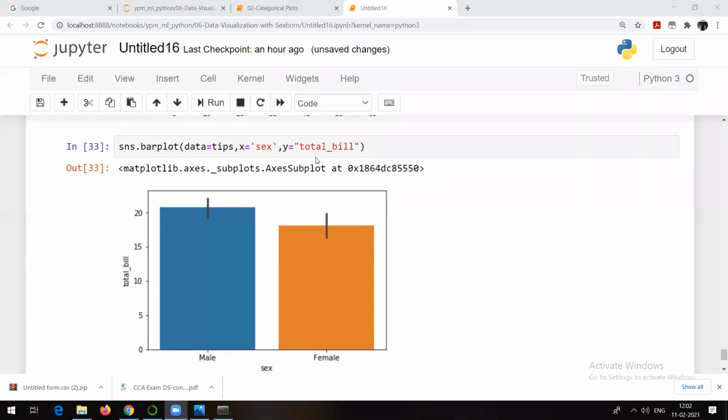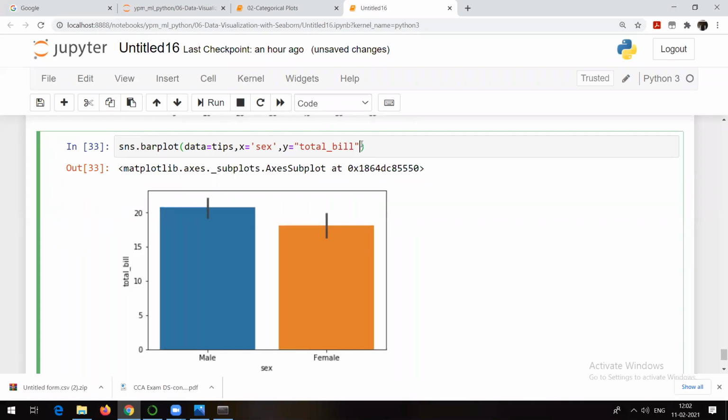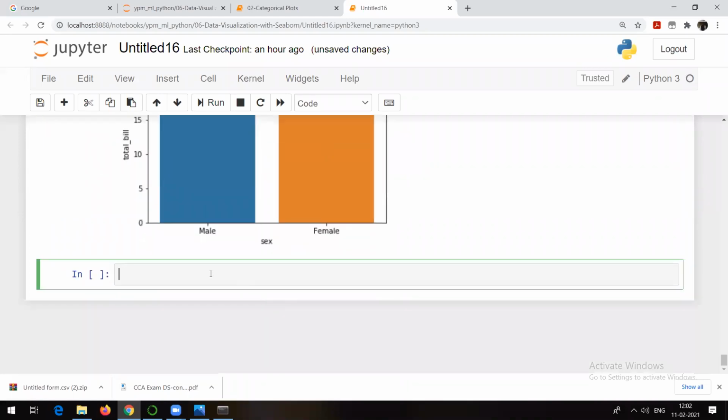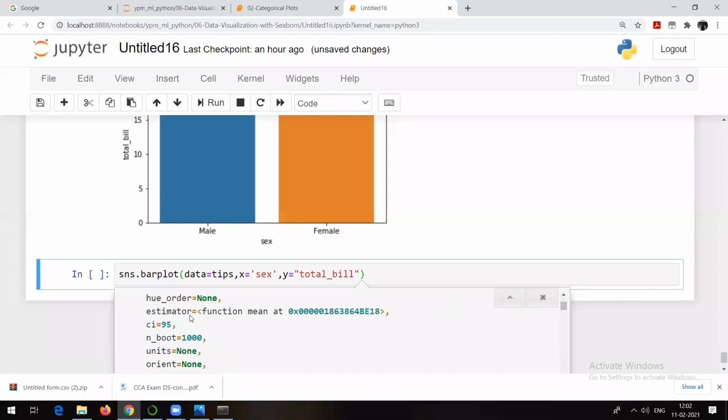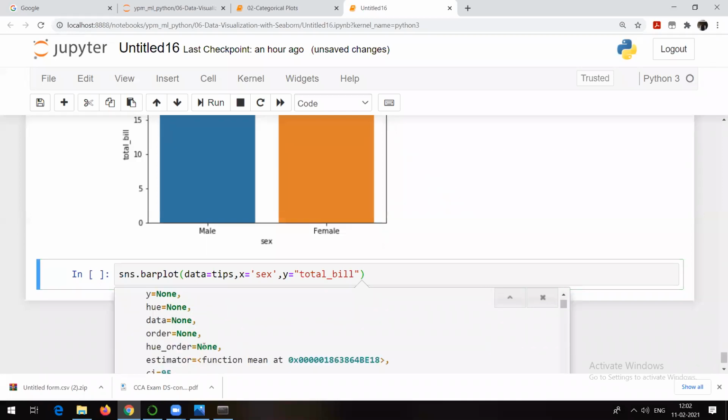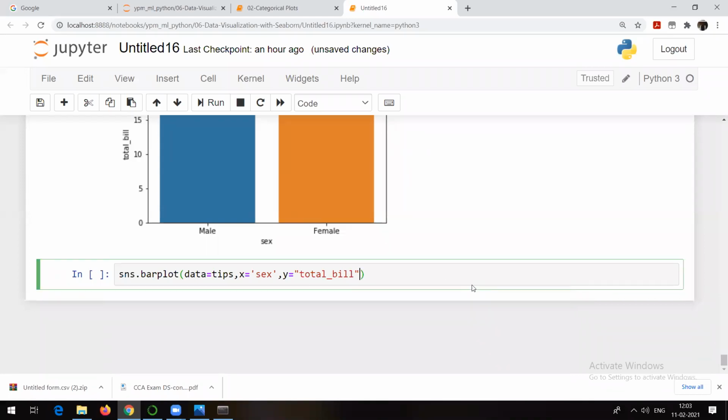Okay, this is nothing but average total bill, because I told you by default it's going to be the mean or the average. Suppose you want to know the same thing, but this time instead of average you want to make use of something else, maybe the sum of the total bill. So yes, that also you can make use of. By default it's going to be average, see, it is called an estimator. So by default the estimator is always mean, but if I want to change the estimator to sum, yes I can do that.